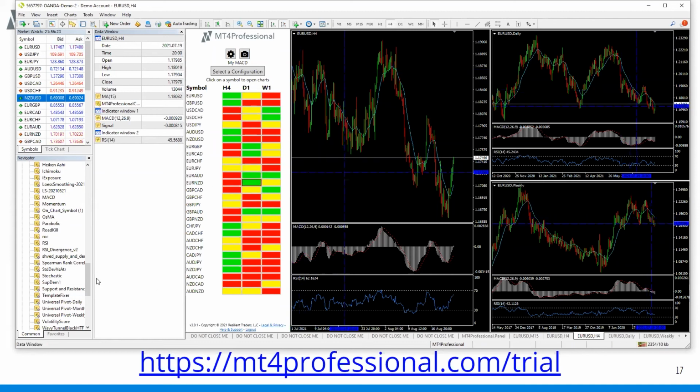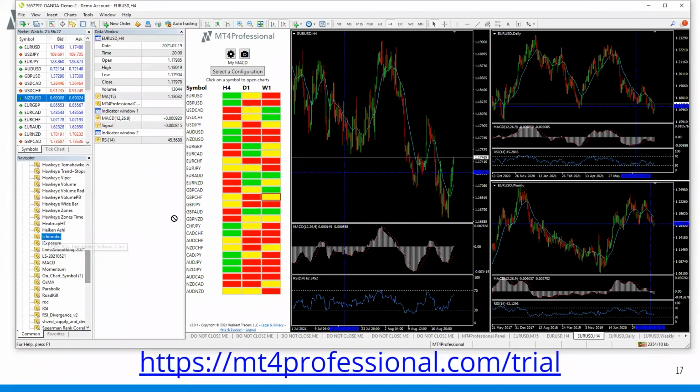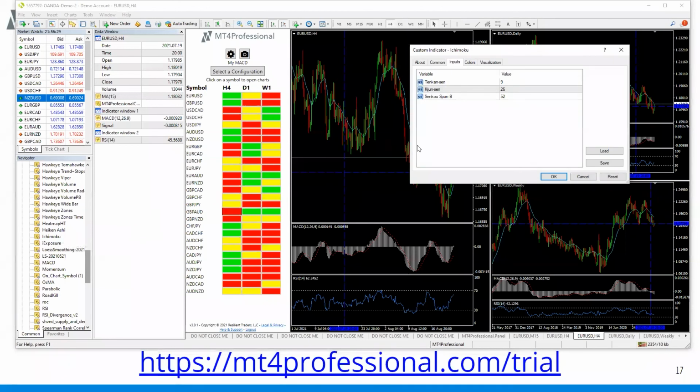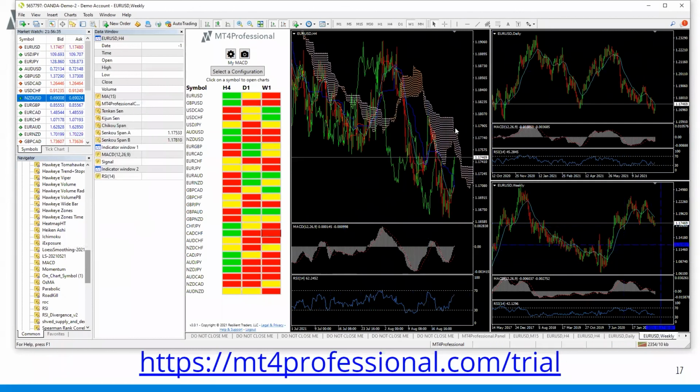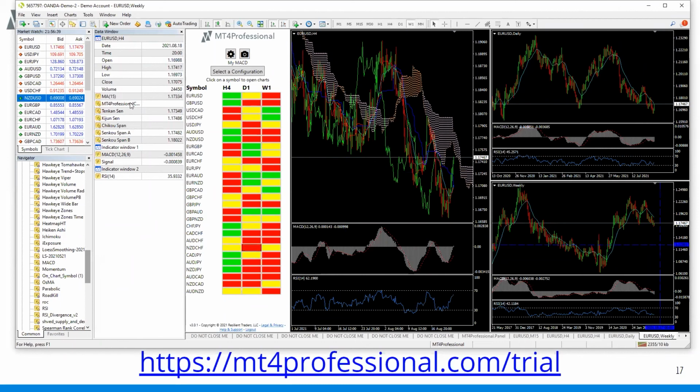Ichimoku. Let me see if I can load that in. Let me throw an Ichimoku on this chart. Default values and outputs. So the output of the Ichimoku on this particular one gives you the Tenkan, Kijun, and Chikou span